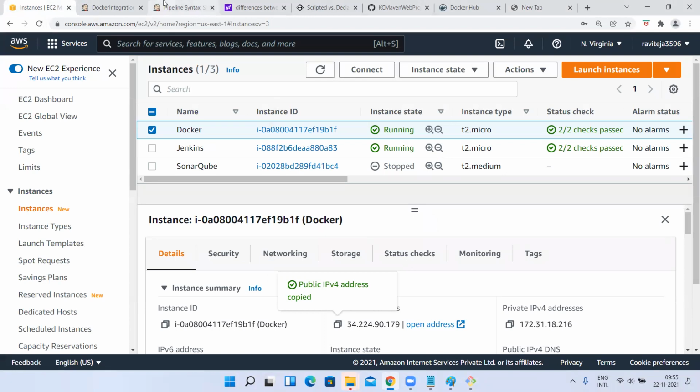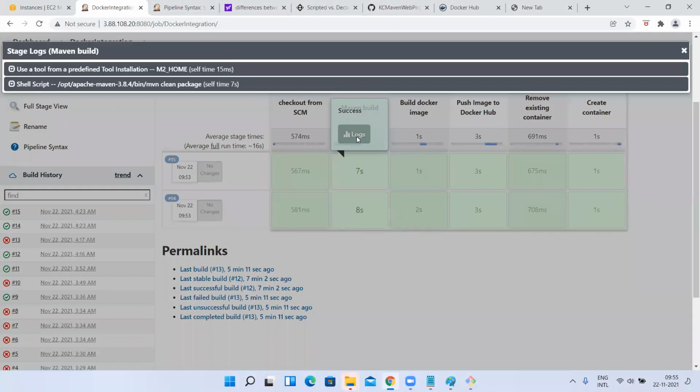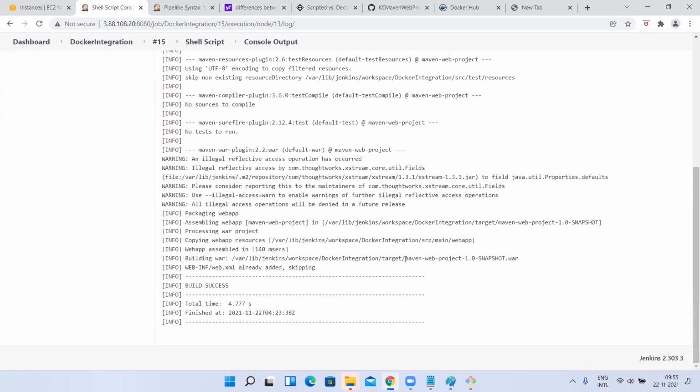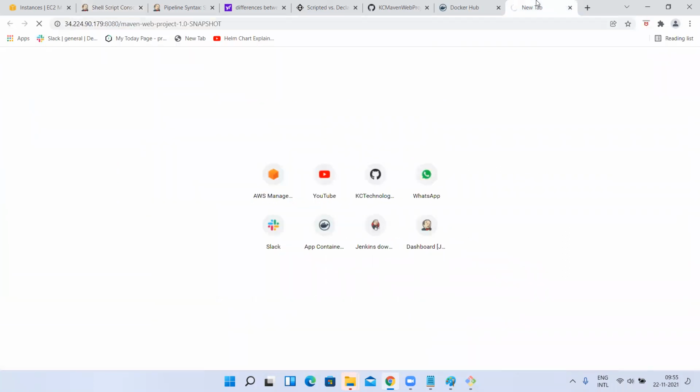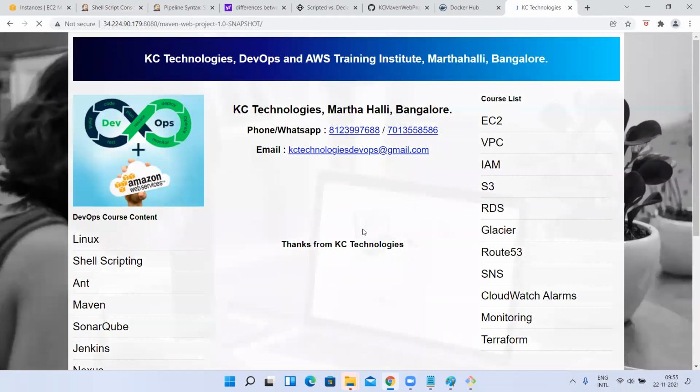Yes, let me take it from the console. KC Tech. Let me take that. This is how I access my application, right? KC Technologies, this application. I change the phone number. For example, I'm the developer. I want to change the phone number here or the mail ID. Something I changed and I committed. I was thinking Jenkins will trigger, and it will deploy into the Docker host. I can test it after some time.